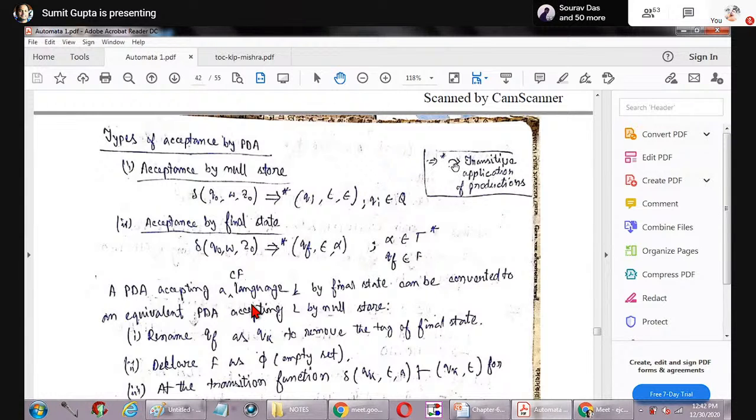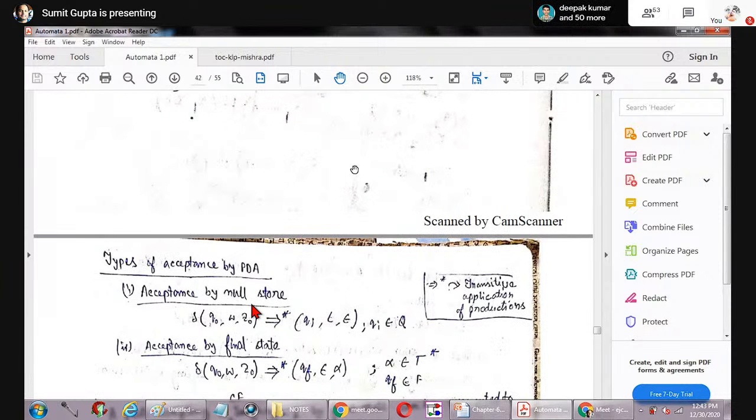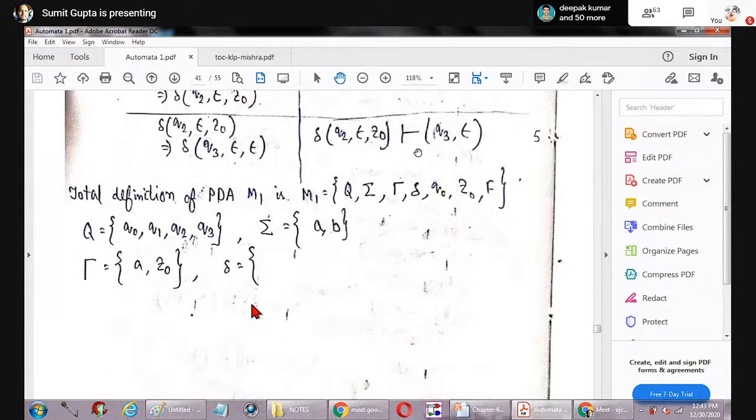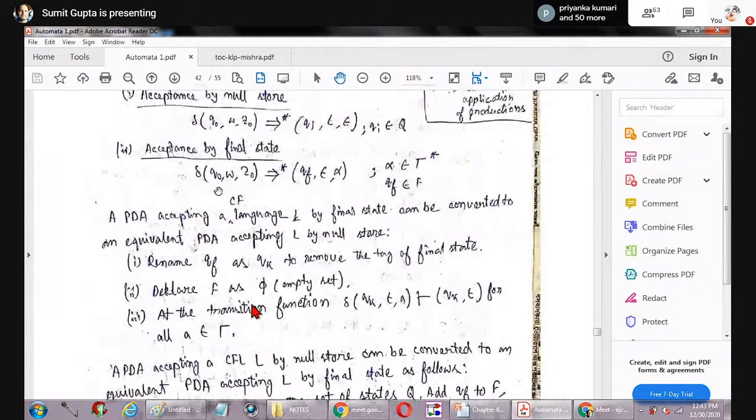Got it? This symbol, মানে এই implied symbol as well as the asterisk, this is known as transitive application of productions. So in the end, we will be having this. So if we are having the concept of acceptance by null store, so from this initial state, after applying all the productions, we should reach a state suppose as Q1, epsilon epsilon, that is null on the input tape, null on the stack. That indicates that our string has been accepted. Correct? যেটা আমরা আগে করছিলাম।